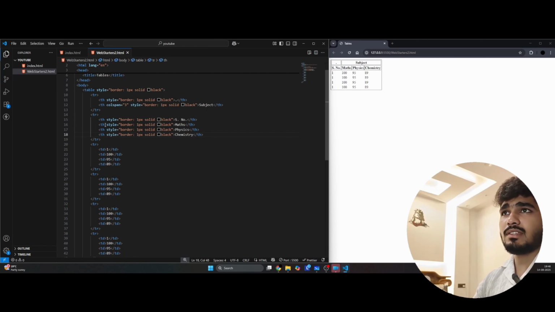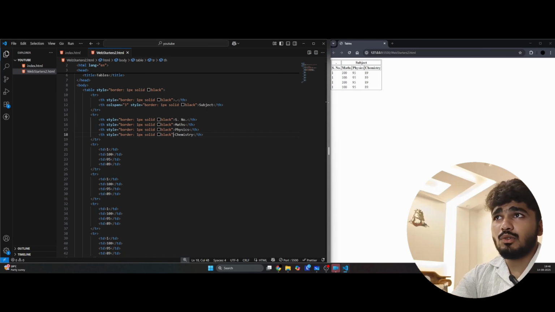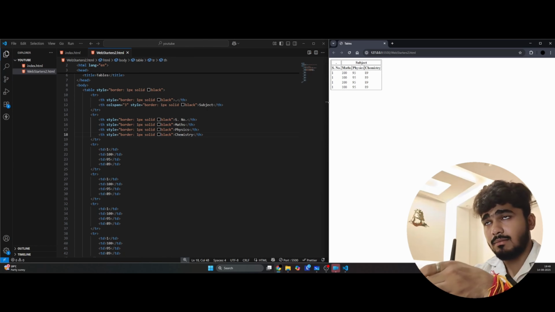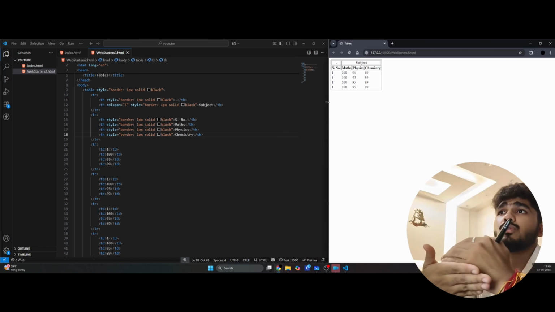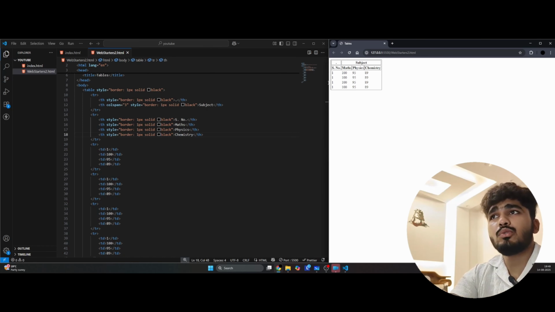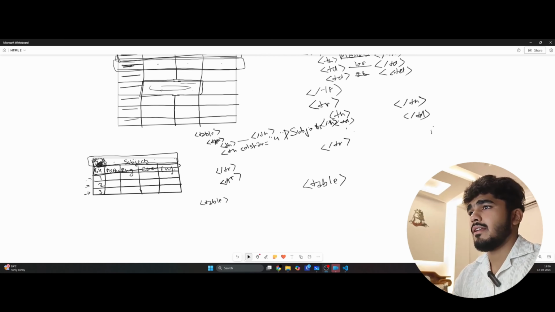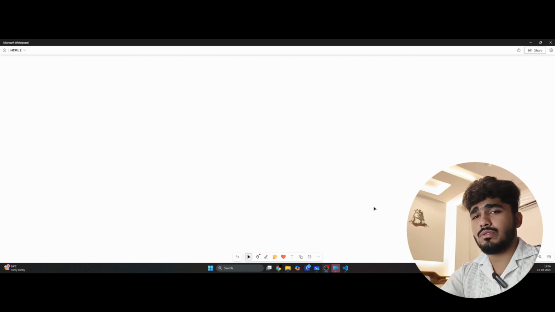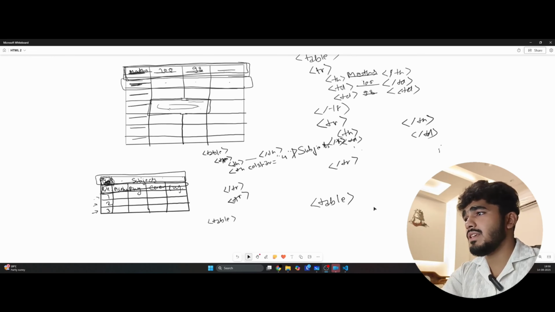Here you can see this row is having all the different cells. In each cell we are having some content, and above this row we are having only 2 cells, and one cell, the subject cell, has merged all the 3 cells above maths, physics and chemistry and used it as a single cell. Now if we talk about row span, then let's suppose here we want to merge